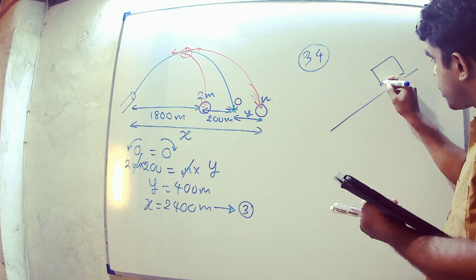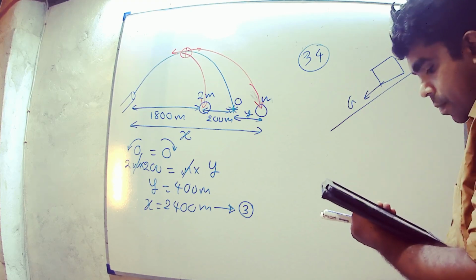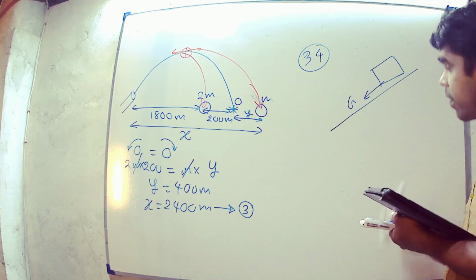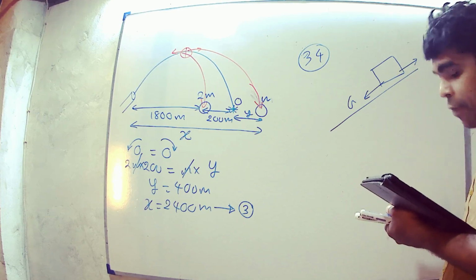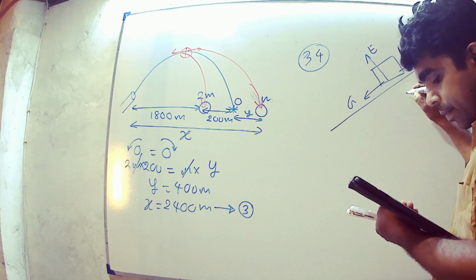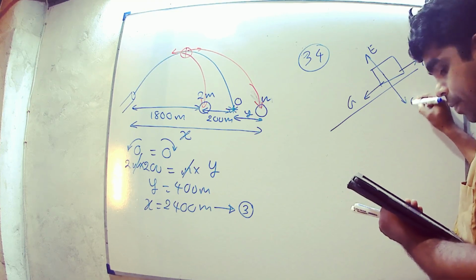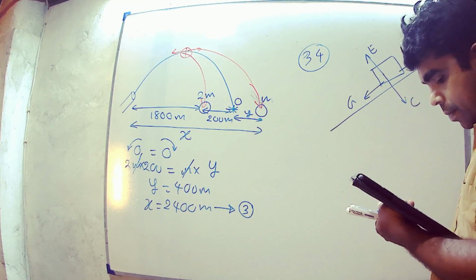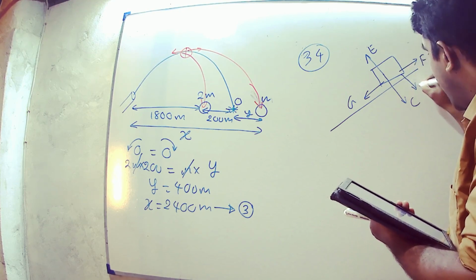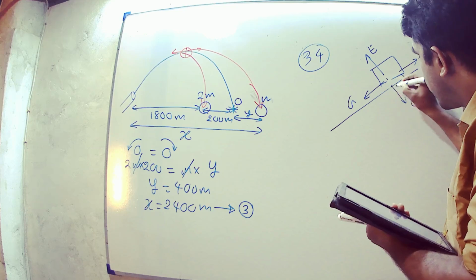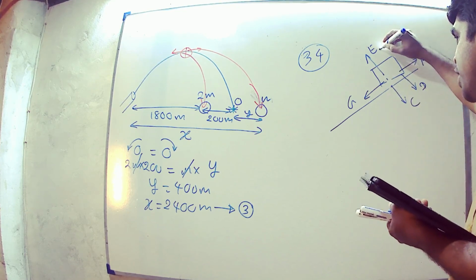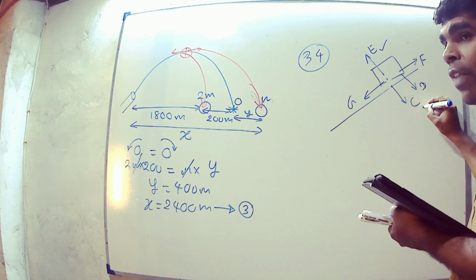Weight component of the object in this direction is G. Frictional force is F. E is the reaction on the object. C is the weight component in the perpendicular direction. No, D is the weight component. There is a problem with the diagram. C should start from this point. Then C is the reaction on this wedge. Then the reaction on the body and the reaction on the wedge should be